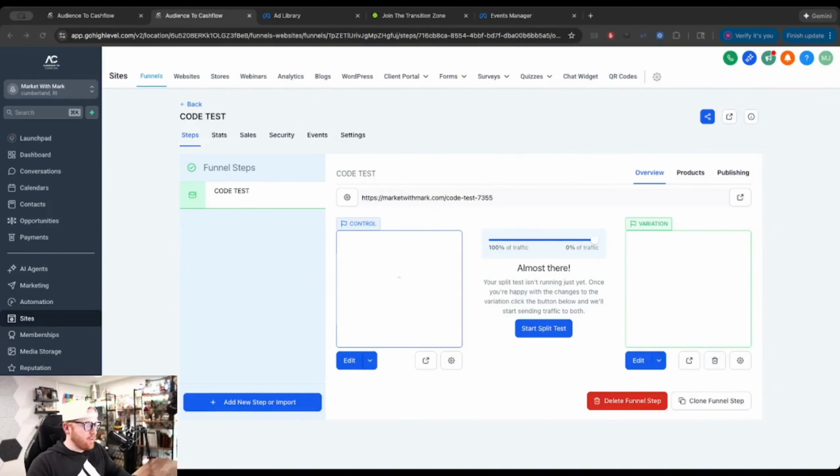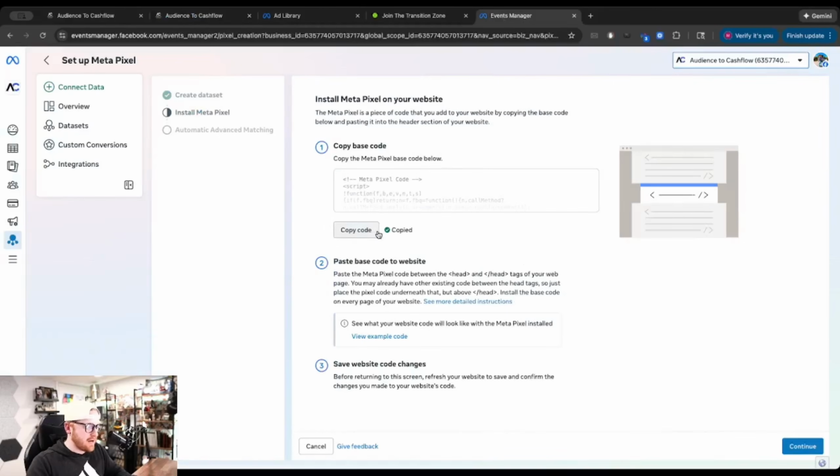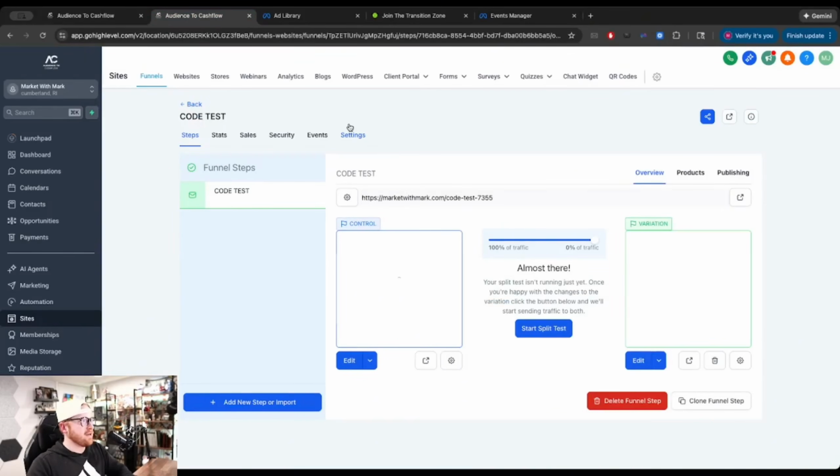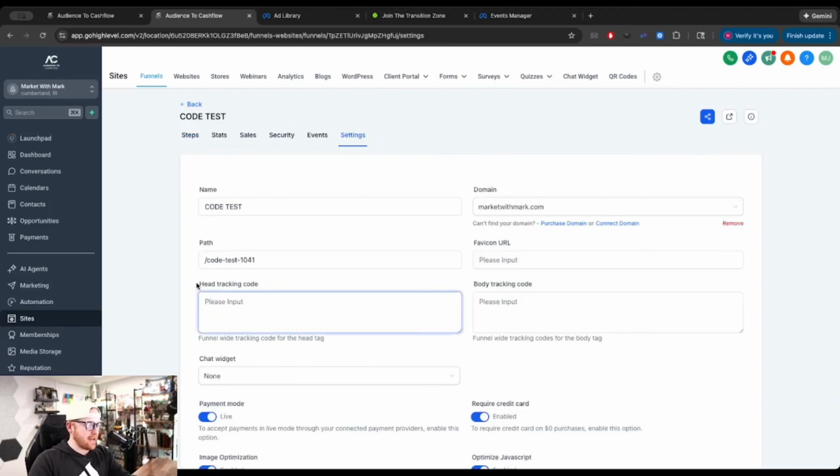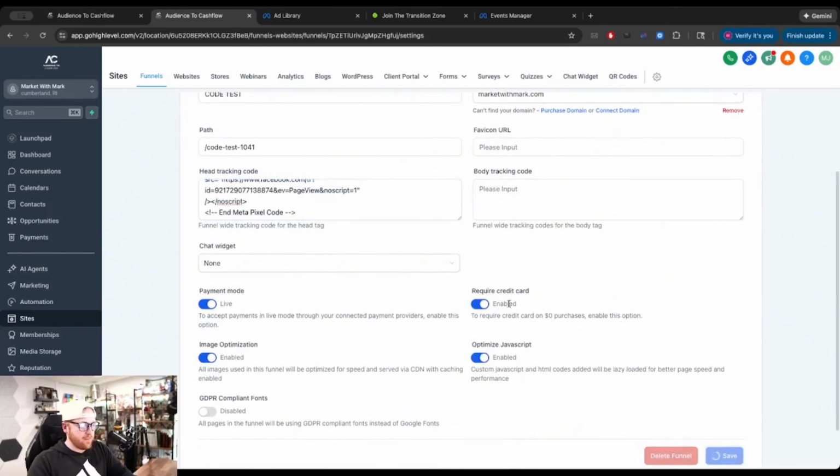All right, so in order to put this code on your site, you can just click that nice copy button right here, and then you're just looking for wherever your software that you're using has you put in tracking code. So I'm on Go High Level, and in Go High Level, I just have to come into my funnel or my website, and I have to do this on a per funnel basis, per website basis, do this for each one. And I come in here to my settings, and I'm looking for the head tracking code, and I paste in that pixel. Now if I click save,